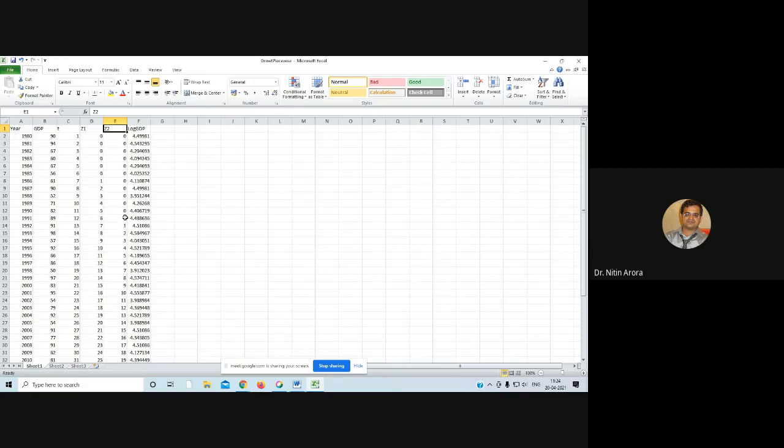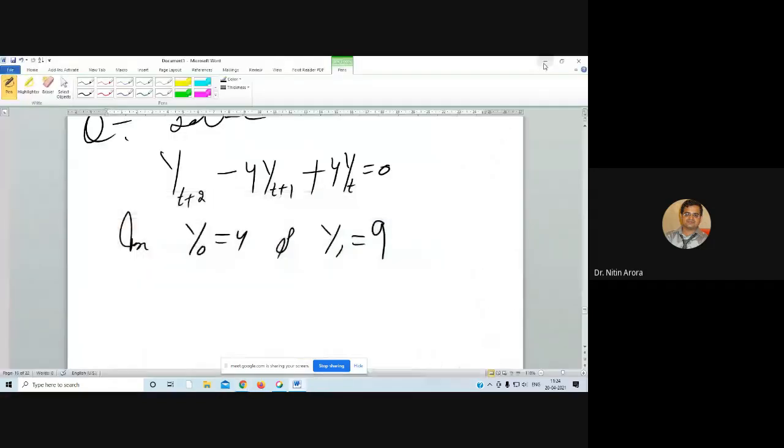Right. Similarly, Z2 is the proxy variable that represents the extensive liberalization phase. Before 1991 it is zero. From 1991 onwards, this is T minus T star. Since T star is 1991 in this case, 1991 minus 91 is 0, 1992 minus 1991 is 1, 1993 minus 1991 is 2, and so on. So these two variables have been created. Log of GDP has been taken as the natural log of GDP.